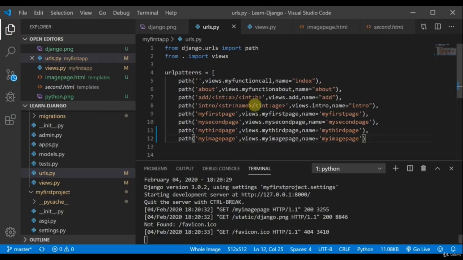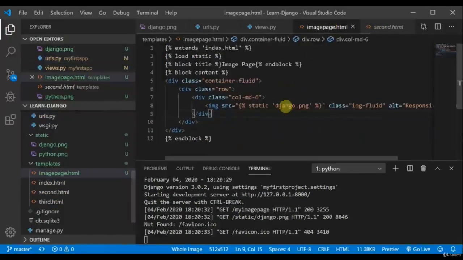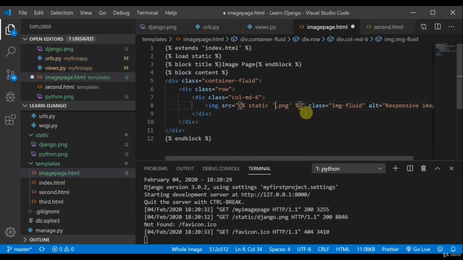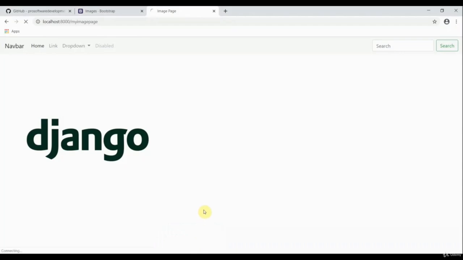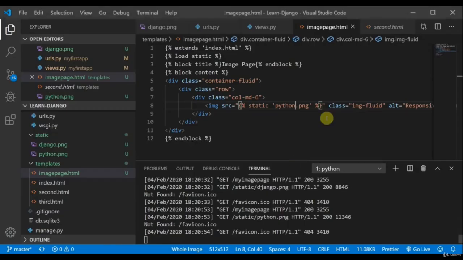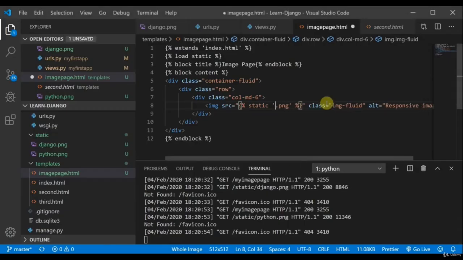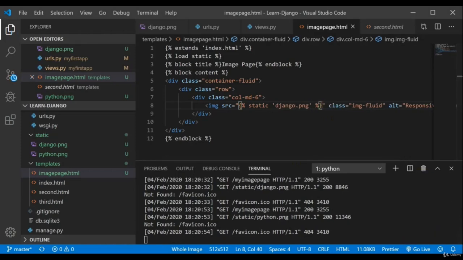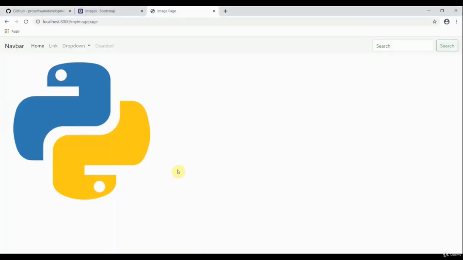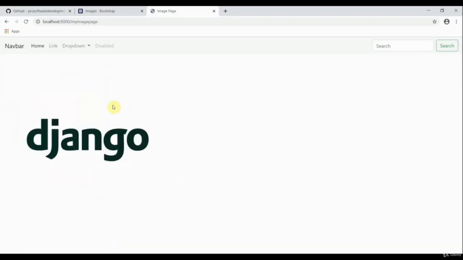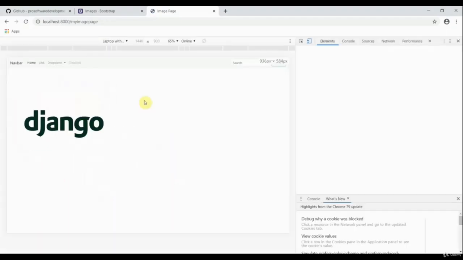In your HTML page, you can also use Python.png. So this also works. So this looks pretty fine. And now what I'm going to show you, Django.png. So I'll move to Django.png, and I'll give you a brief intro. Now you right click on this and click inspect, and when you click on inspect,